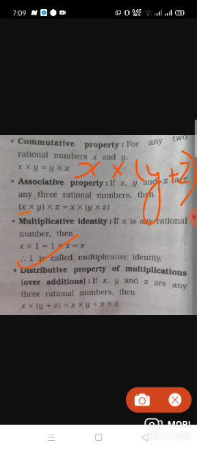First of all, it is like a into (b plus c), so first we will do the multiplication: x into y, plus x into z. So this is known as the distributive property of multiplication over addition. Okay friends,